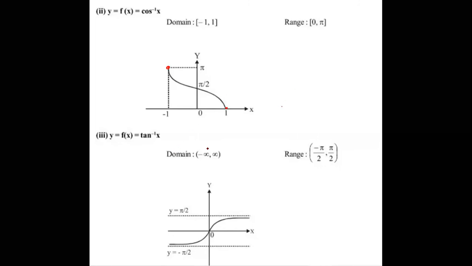Now similarly tan inverse x. What is the domain here? R. What is the range here? Minus pi by 2 comma pi by 2. See the graphs. So what is this line here? y is equal to pi by 2. It does not touch the curve. This is y is equal to minus pi by 2. So these types of observations are very, very important. What is this line? x is equal to 1. x is equal to minus 1. It lies between minus 1 to 1 only.